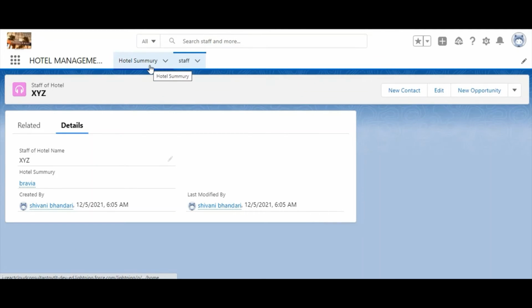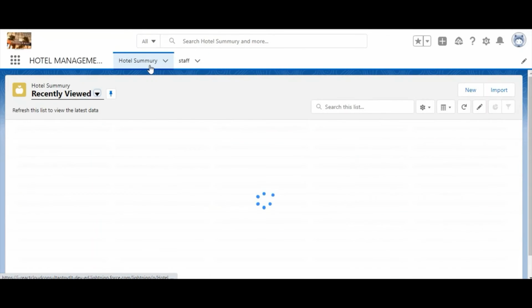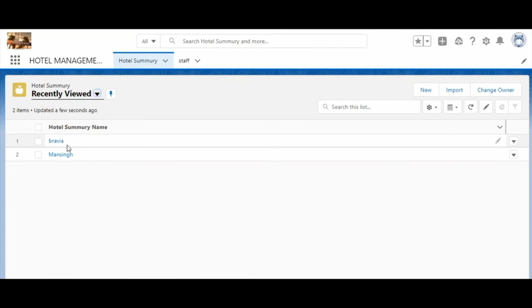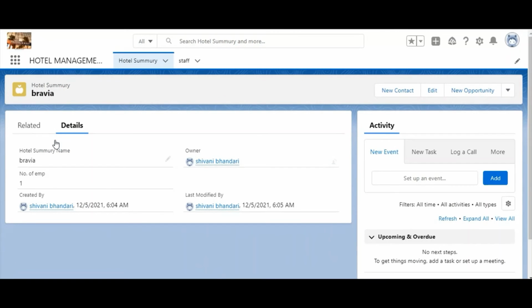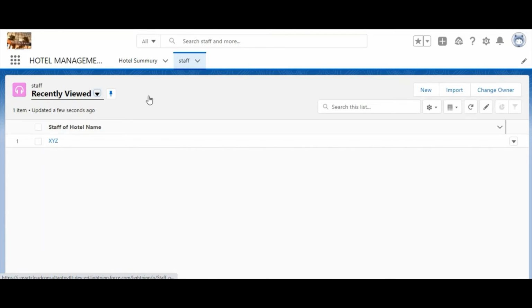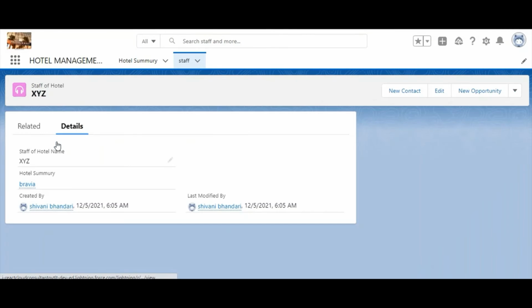Now we'll again click on hotel summary and click on Bravia. Now here we can see the number of employees is 1. So this is the count of the parent record, showing how many children there are in the hotel summary.